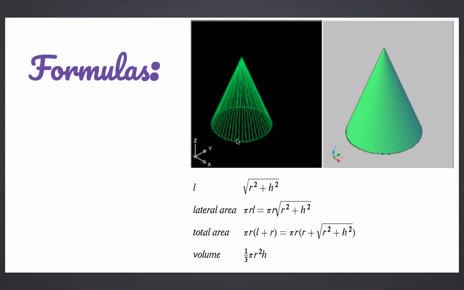Then comes the total area. Total area means the curved surface area, yesterday for cylinder also I talked about the same, plus the area of the circular base. Area of base is what? Base is circular, so pi r square. So pi r square plus pi r l. Pi r is common, so the formula can be written as total surface area of a cone is pi r bracket l plus r. Again the same thing, L I can substitute like square root of r square plus h square also. So that is what I have written.